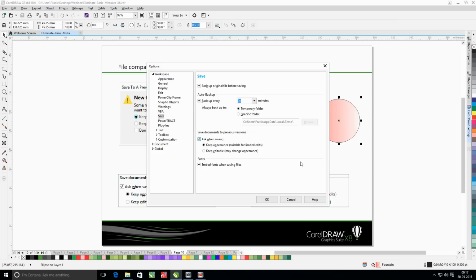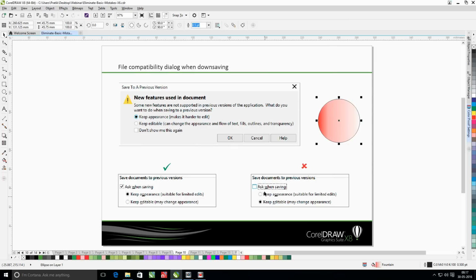When a feature is not available in the earlier version, it will convert those objects to bitmaps and maintain the look of your design. So there is no major change in your design. That's one way of keeping your design intact.